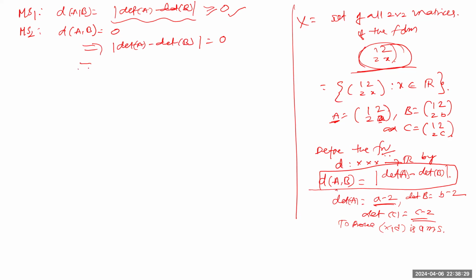So what does this mean? Modulus value is 0 means the inside value is equal to 0. That is, determinant of A minus determinant of B is equal to 0. That is, determinant of A is equal to determinant of B. That implies A minus 4 is equal to